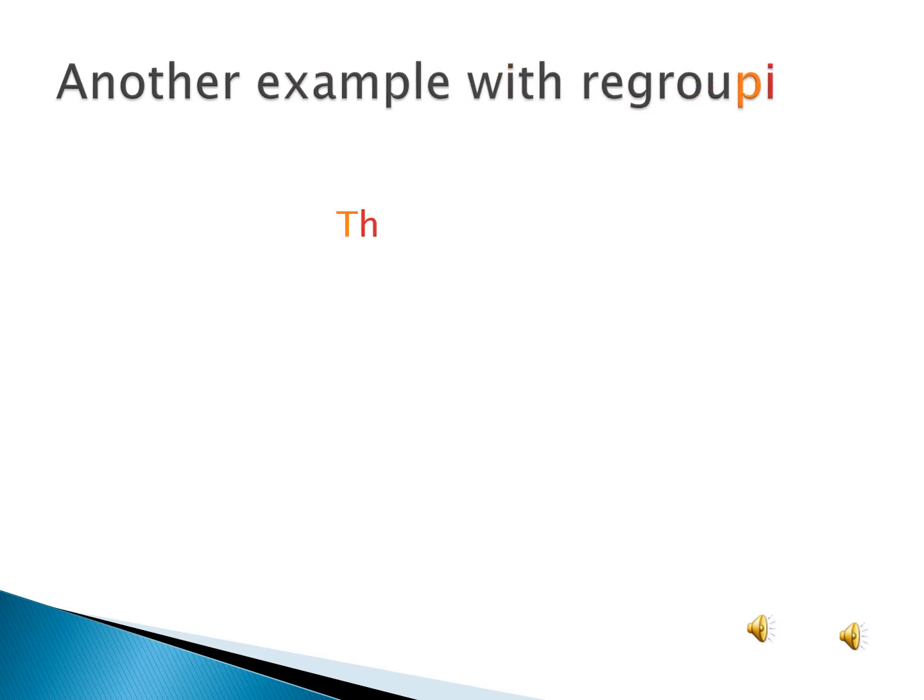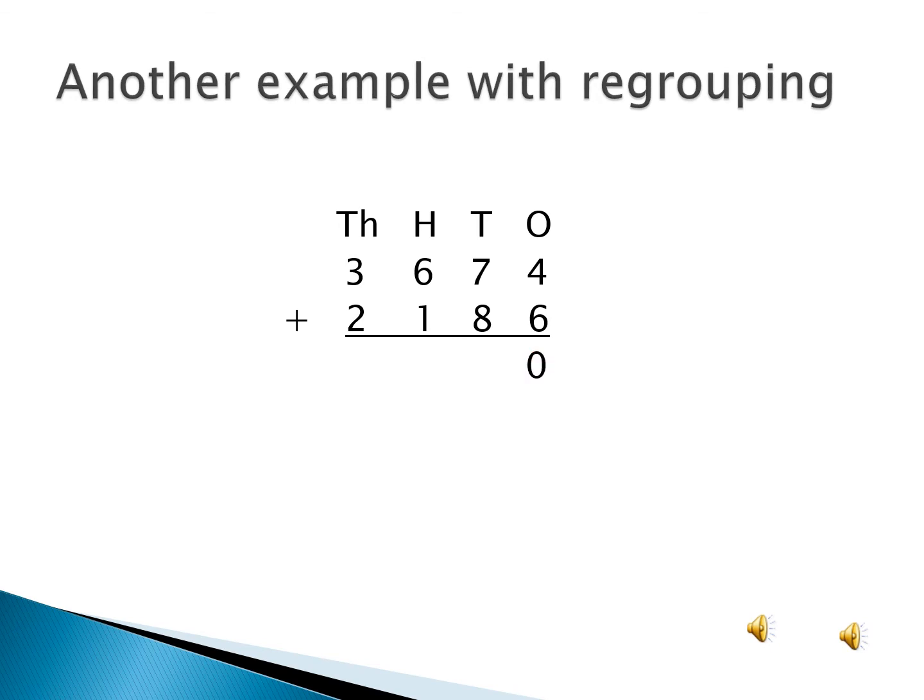And the question is 3674 plus 2186. So we have to add both numbers. First step is add the ones. 4 plus 6 is 10. 10 means 10 ones. So change to 110. So we will put 0 in the ones column and 1 will be carried to next column, that is tens